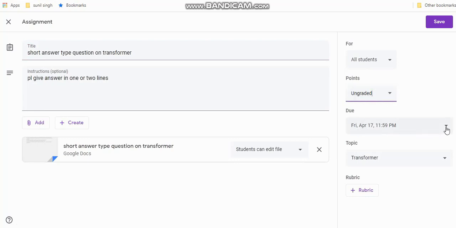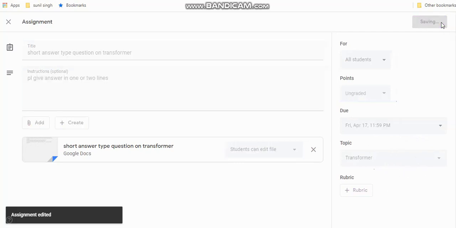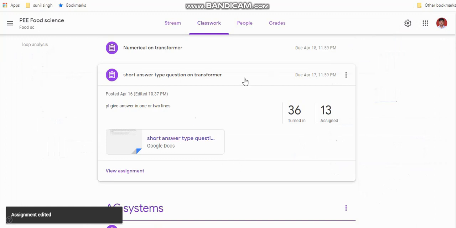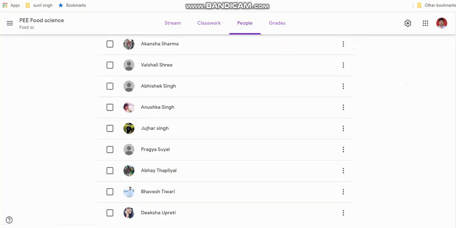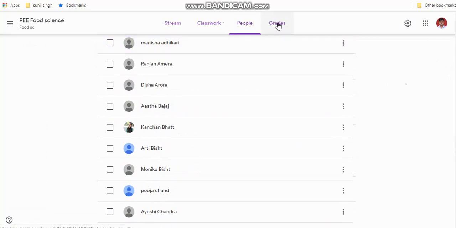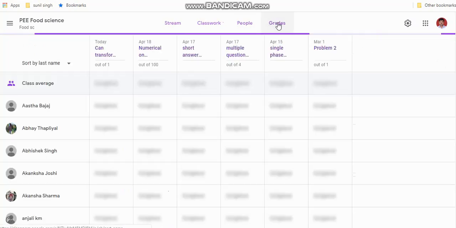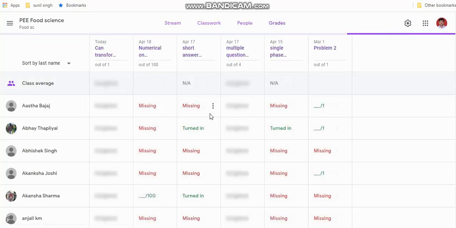Due date, we can also change the due date, topics like this, and we can save. So this is how we can edit our assignment. And from people we can see the whole class, and from grades you can see the grades till now.